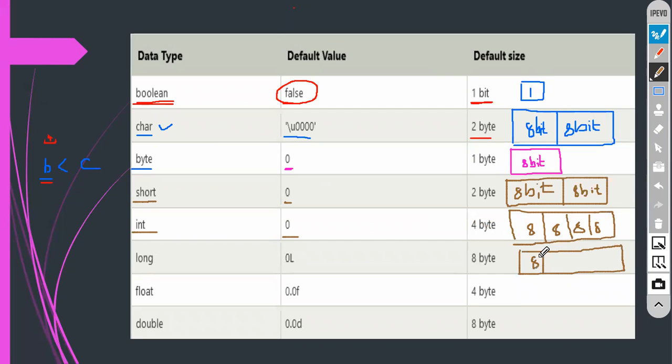So it is going to hold 8 bits, 8, 8, 8, 4 times, another 4 times. Totally 64 bits of memory it is going to consume in that particular RAM memory. That is what exactly you need to understand.